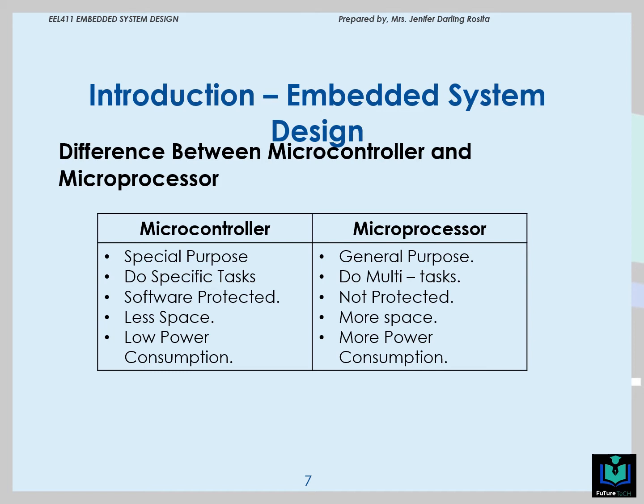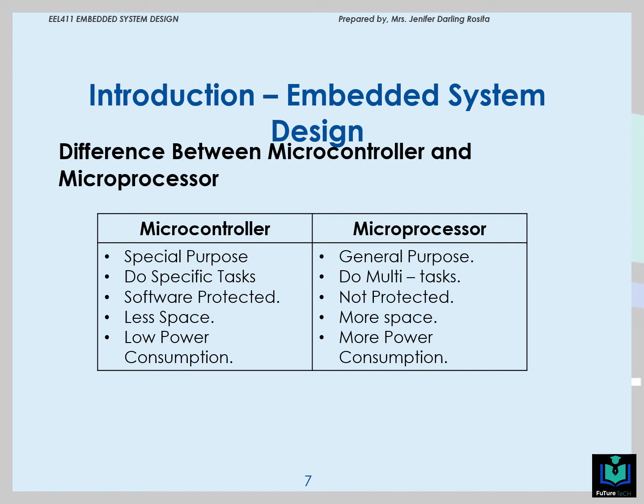So that means microcontroller contains special function registers. Microprocessor contains general purpose registers. Microcontroller is intended to do a specific task. Microprocessor can do multitask. That means it can do the calculations,